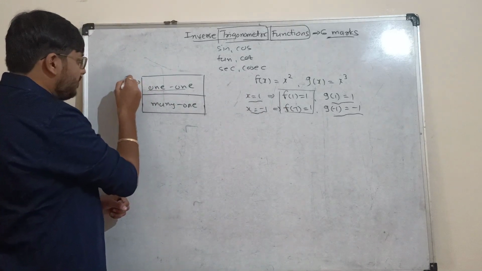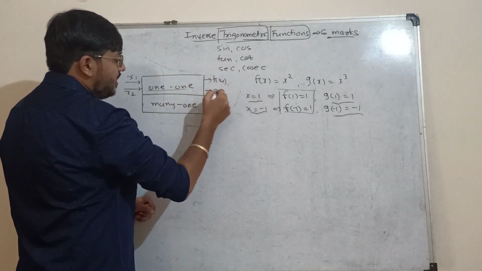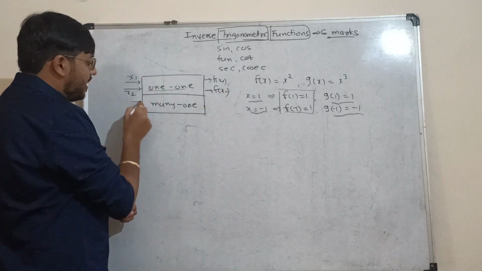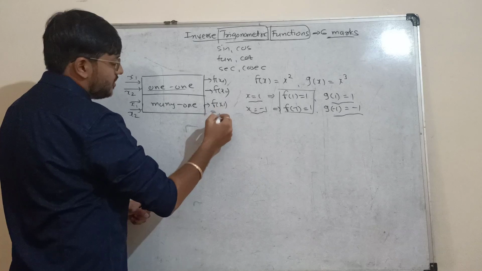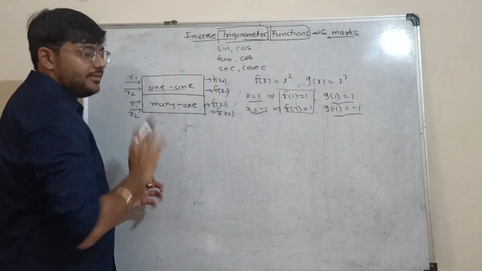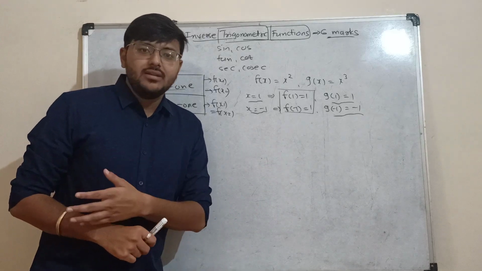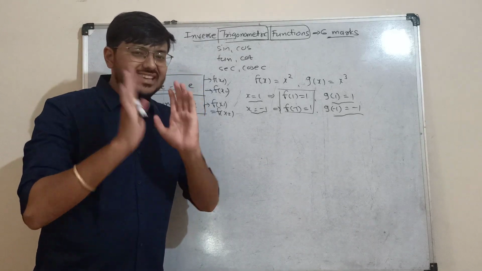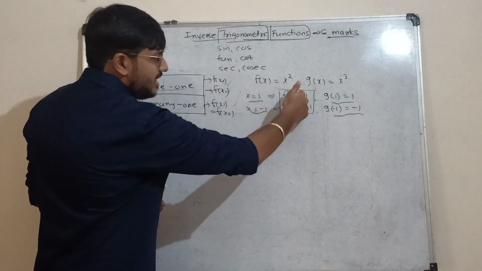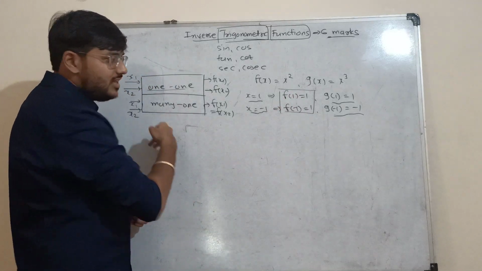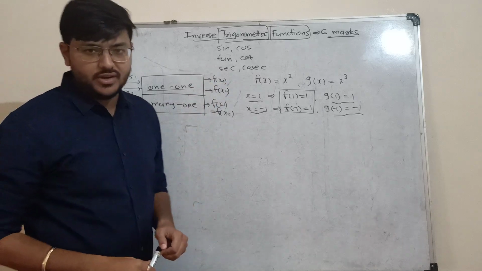So simple way, if I apply x1 and if I apply x2, then I must get different values of the function. Whereas in many to one, if you apply x1 and x2, we'll get the same answer. See, this is just a basic idea, right? There are some rules which we are going to study in chapter number 1, but just keep this basic understanding in your mind, right? For two different values, if we get the same answer, then that function is known as many to one, and for two different values, if we get different answers, then it will be a one-one function.